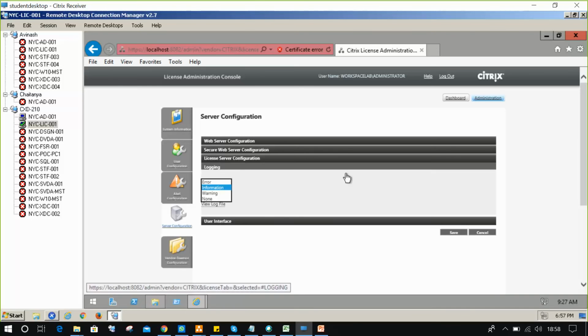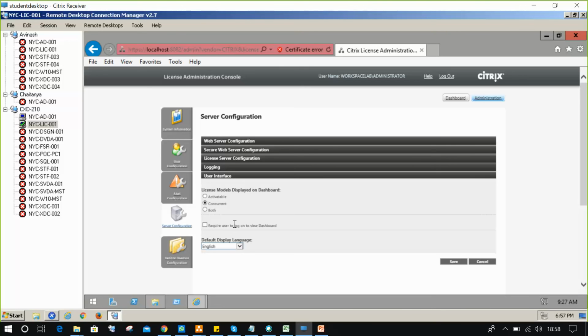And the last one, user interface. The license model displayed on the dashboard: activable licenses, concurrent licenses, or both. I think you asked the question, Avinash: user licenses, device licenses, concurrent licenses, can we manage them? Yes, we can manage them. Your question's answer is right.